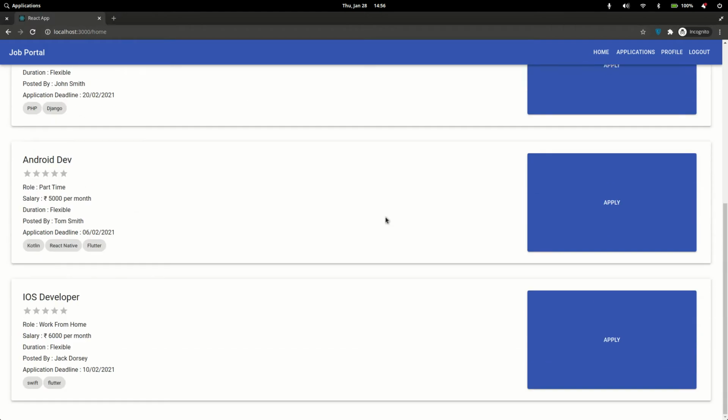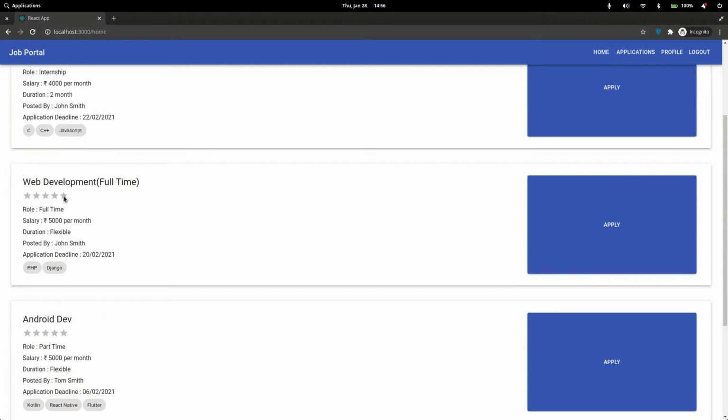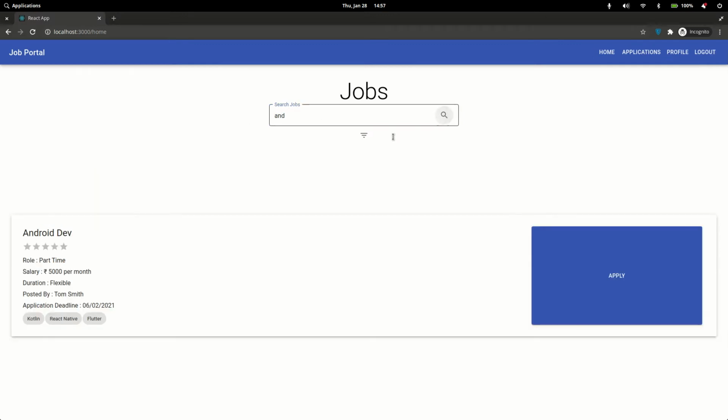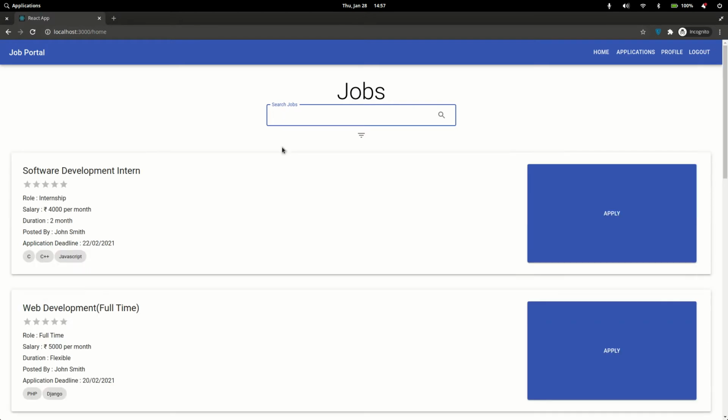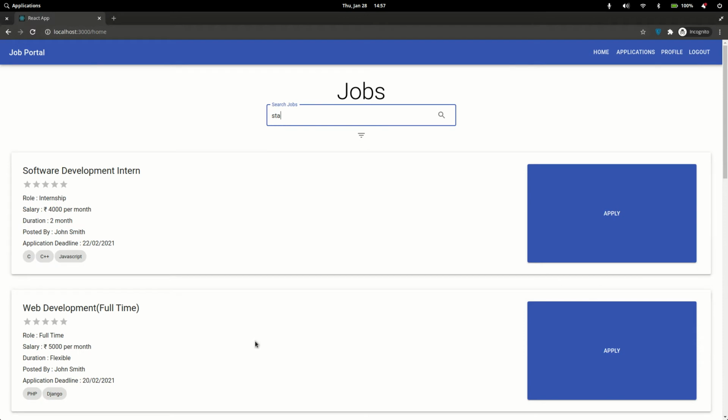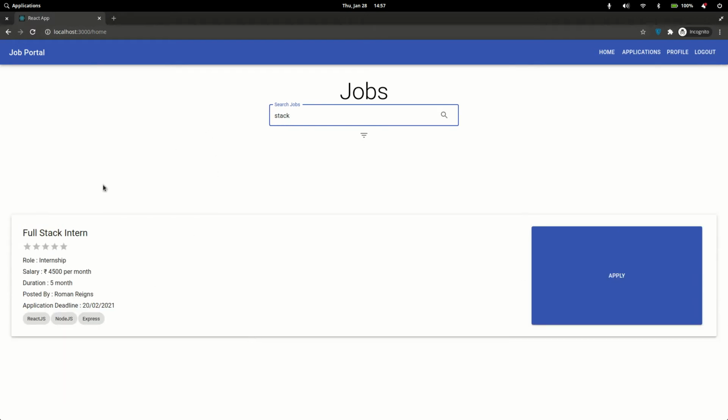Right now it's showing dev, developer, development, and dev something. If I want Android, I'll write AND, and I'll get all the jobs which have AND in their name. So the fuzzy searching is being applied. Suppose I want a job which has stack, so I'll write stack, and it is going to give me the jobs. So yeah, this is it.